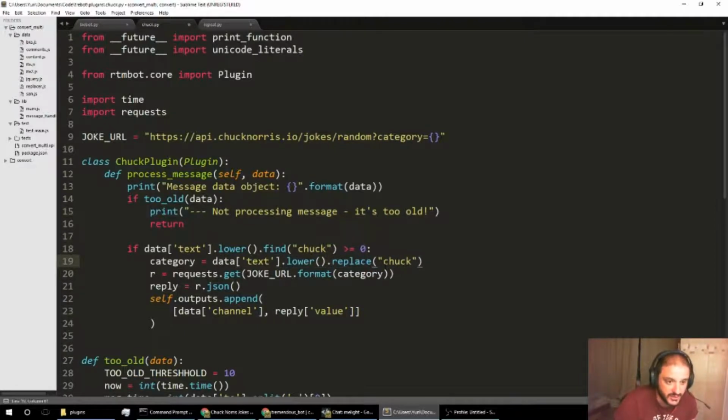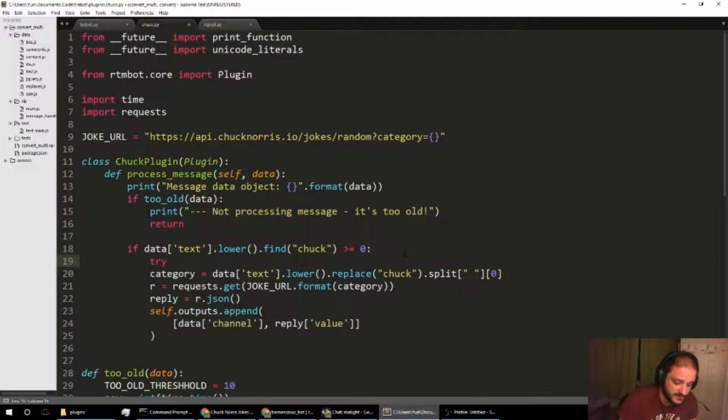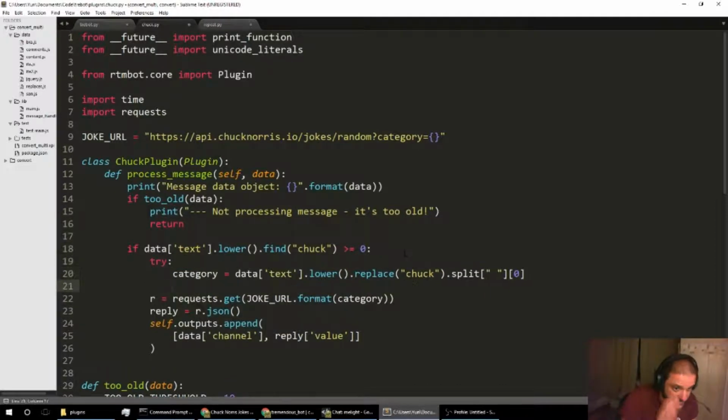Lower, replace Chuck, and then split by space, because if we have a sentence, I only want the first word, not just any word we find. That's it, the first word, and this is going to be the category. If it's empty, then it's empty. Okay, we're going to try and catch this